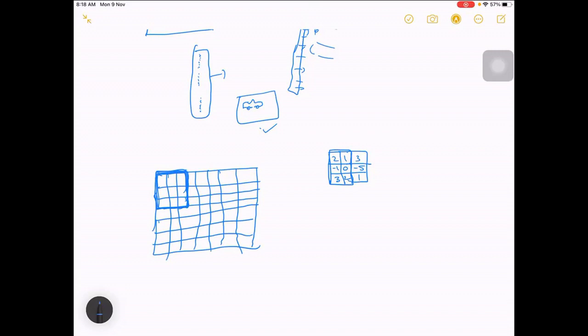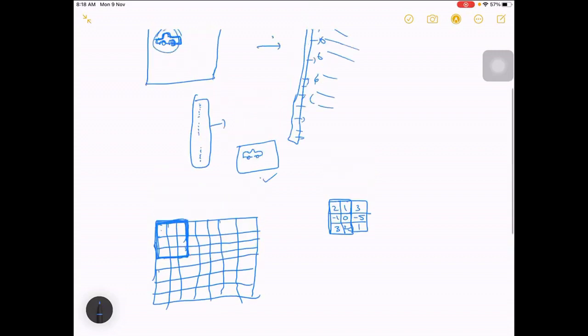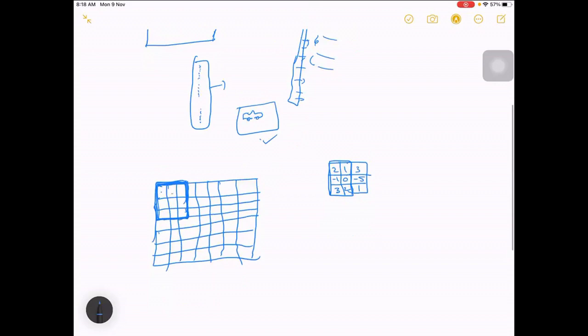This image also has some values, like 10, 20, 255, in the range 0 to 255, for each pixel. These pixel values form a 3 by 3 matrix, and the filter is also a 3 by 3 matrix. For those two matrices, let's say A and B, we do the convolution operation.